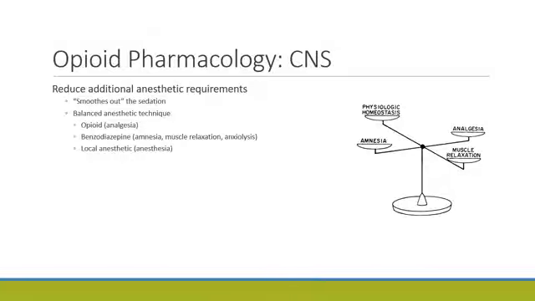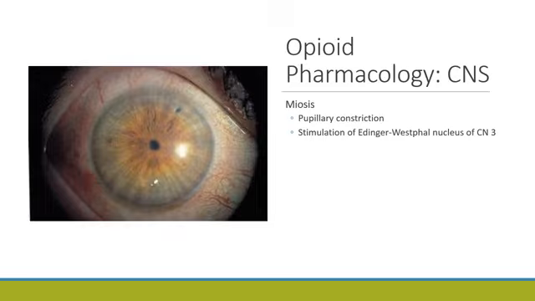And then our benzodiazepines are added to really provide the amnesia that we don't get with either of the other two medications. It also serves to give us a little bit of muscle relaxation and certainly a pretty potent anxiolytic agent as well. Some of the other CNS effects that we can see: meiosis, or pupillary constriction, and that's a nice picture that